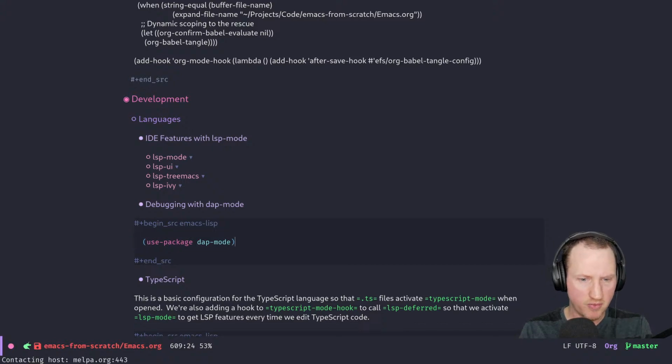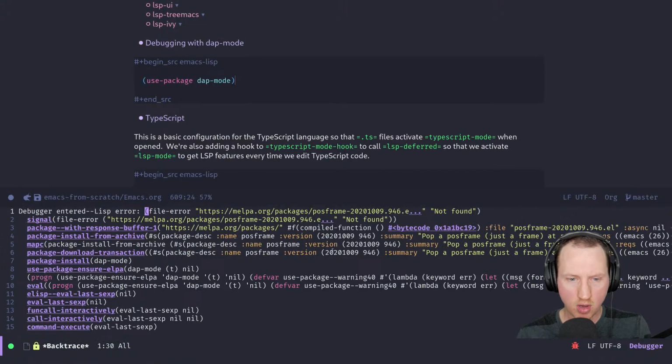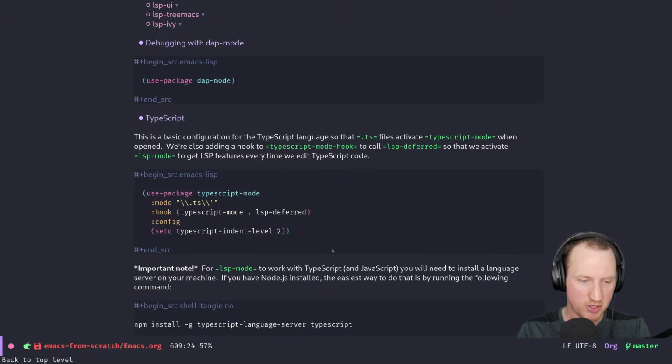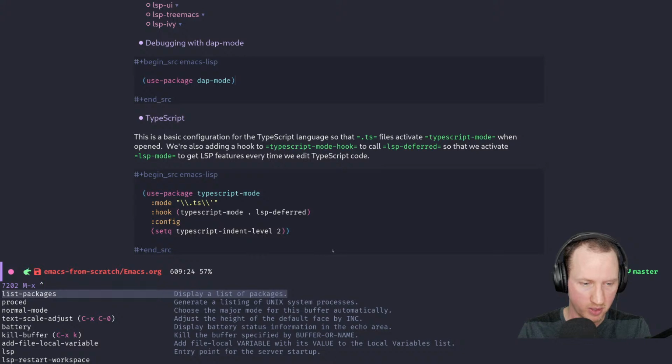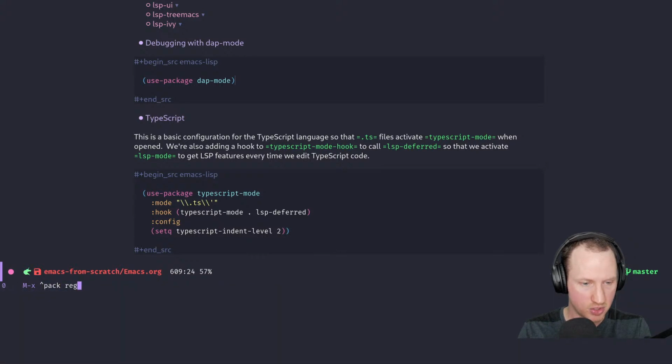And we'll go ahead and just run that. So this is going to install. Here's this common issue with package.el. We have to refresh our package archive. So let me hit this real quick. So package refresh